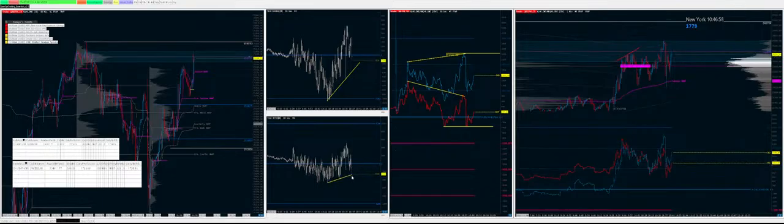You never know. If we break the RTH high, then I'm just going to call it. I don't want to sit here and fight against it